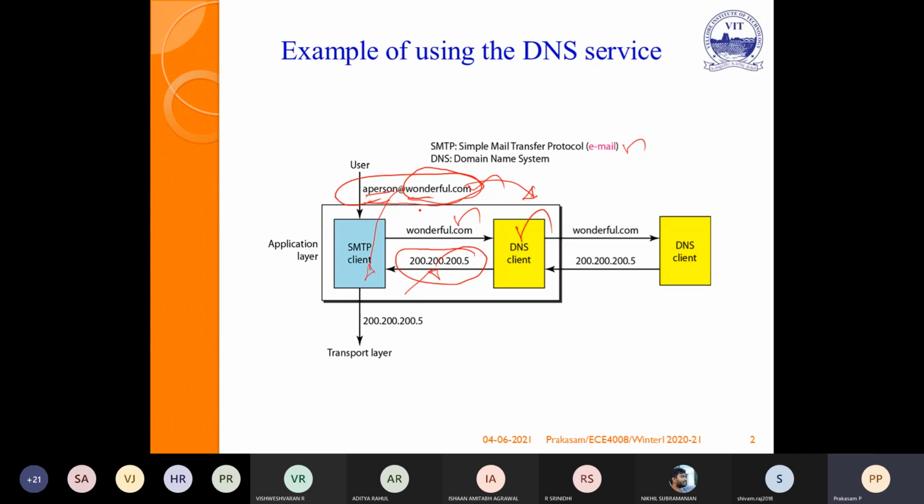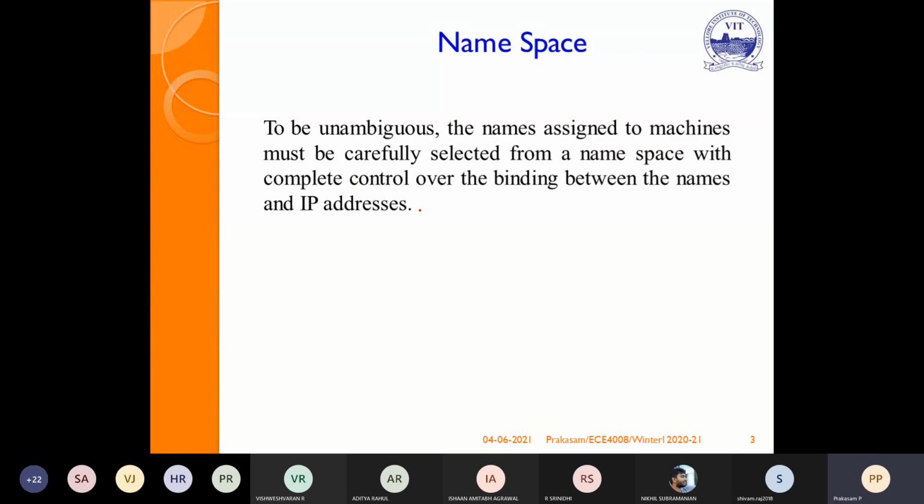So this is the main purpose of the DNS. All that backend work is done by the IP address, by the domain name system, by the DNS server. But in the front end, we give the website name, and in the back end, all these things are taken care of by the DNS server. Now the namespace: names assigned to machines must be carefully selected from a namespace, because if you do not select the namespace properly, it will get confused.